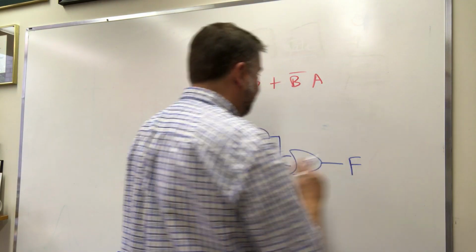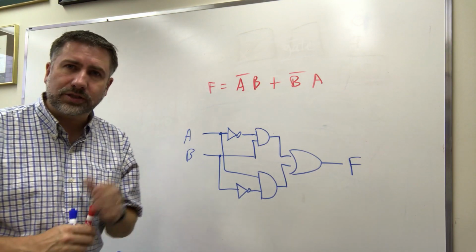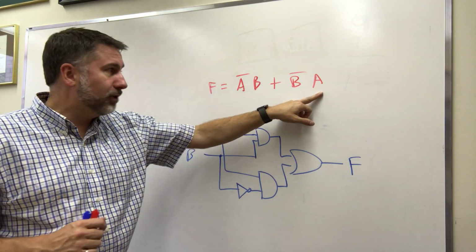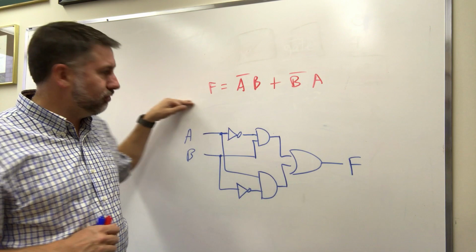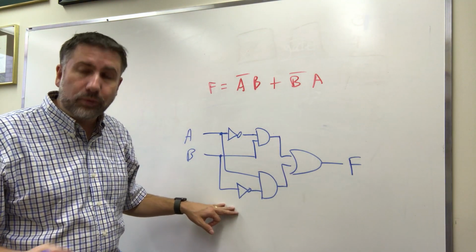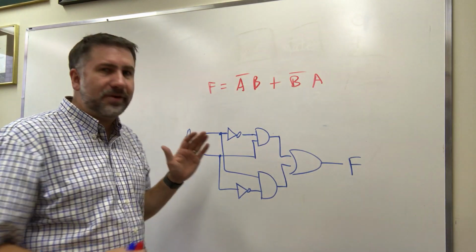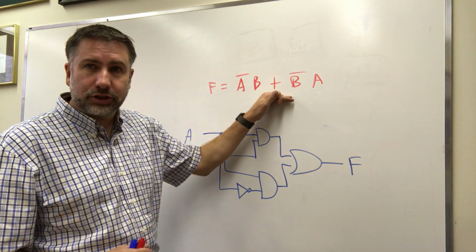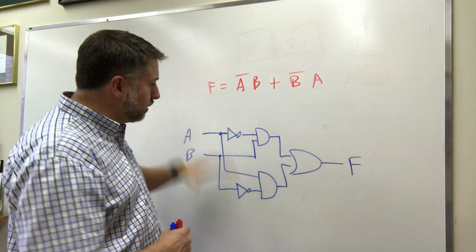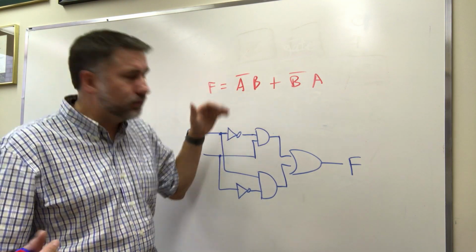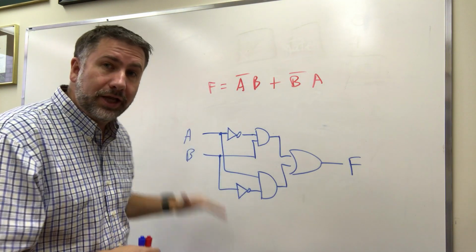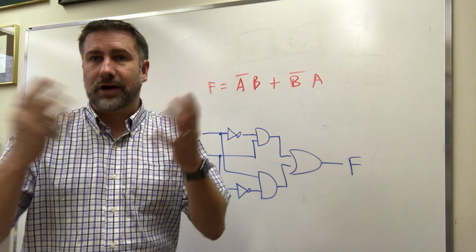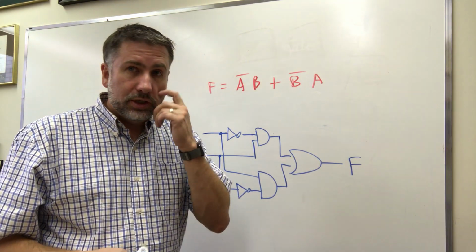So this is F. What we've got is two different ways to represent the same information. We have an algebraic expression. If you're used to seeing algebra, this is what it will look like. And you have a circuit that will do that. The neat thing about this is that this can become a physical object, where it doesn't matter what A and B are, the output F will be the function corresponding to this expression. And you can build a circuit for any expression that you write out. You can write out any random combination of any number of variables, and you can always build a circuit that will do that. Many of the simpler electronic devices that we see in our lives, like traffic lights, vending machines,